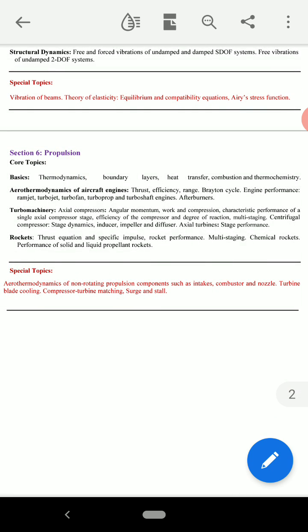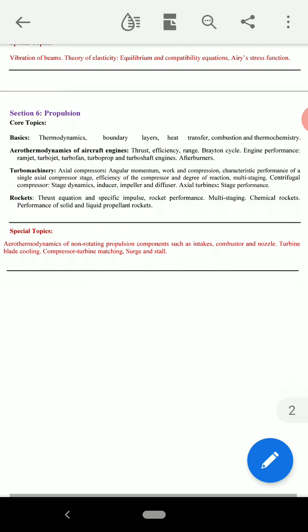Propulsion. Core topics: basics, thermodynamics, boundary layers, heat transfer, combustion and thermochemistry, aerothermodynamics of aircraft engines, thrust, efficiency, range, Brayton cycle, engine performance, ramjet, turbojet, turbofan, turboprop and turboshaft engines, afterburners, turbomachinery,